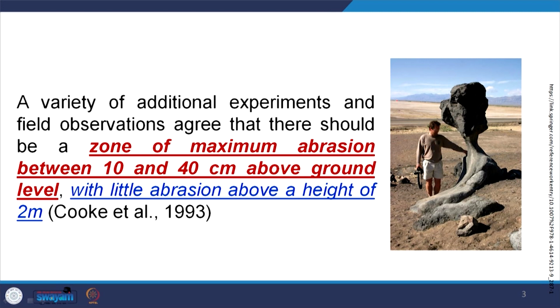That is why, in all these abraded landforms in arid regions, you will see maximum abrasion occurs up to 10 to 40 centimeters from the surface, and gradually the degree of abrasion decreases. That is why we get a rock body whose lower, basal part is highly eroded as compared to the top part. This type of mushroom-shaped rock body is called a pedestal rock.